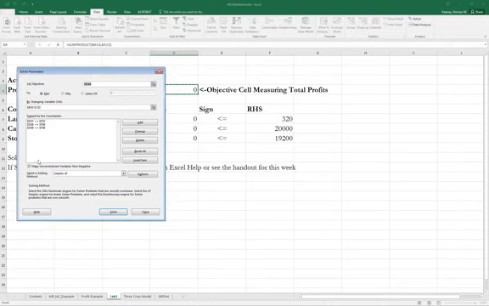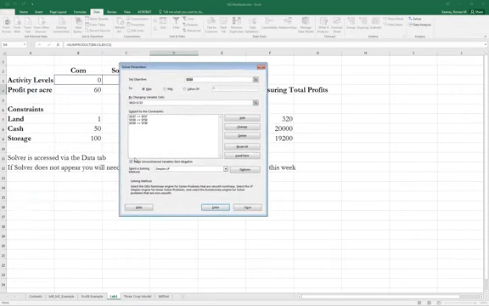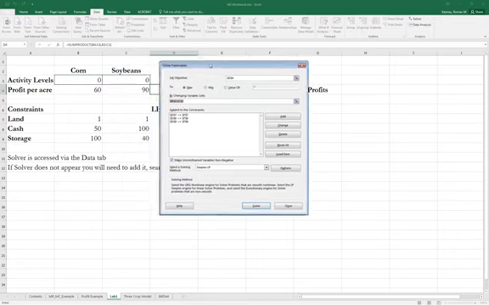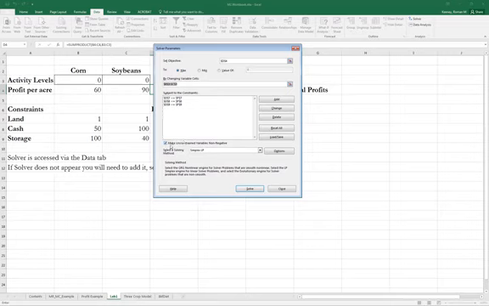Okay, so we've declared all of our constraints, or have we? Right? Well, remember, we need non-negativity constraints, and in fact that's what happens right here. So up here we declared the variables to be B3 and C3, and down here Excel knows, or Solver knows, that it's going to have variables, and it also knows that it's very likely in many problems that you want those variables to be non-negative. Okay? And so we don't have any direct constraints on these variables yet, but if we just click this checkbox right here,